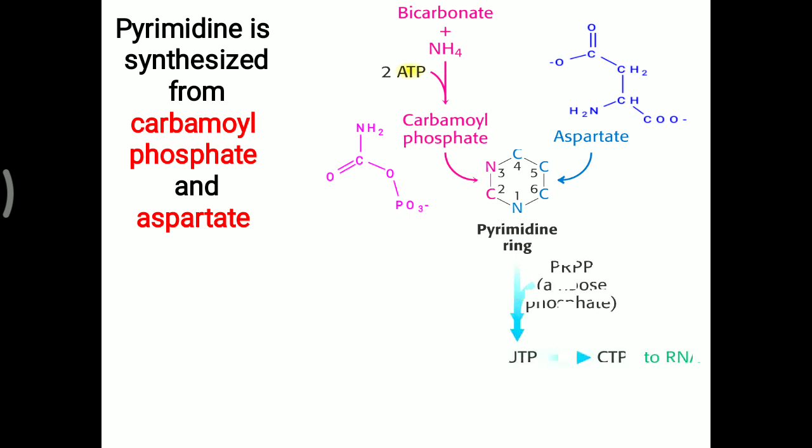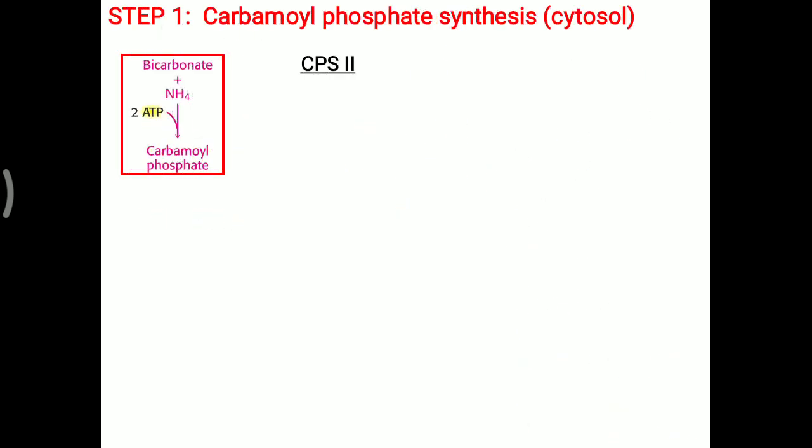Now this pyrimidine will combine with the PRPP. What is that PRPP? That is phosphoribosyl pyrophosphate, which will donate ribose 5-phosphate, and this pyrimidine ring is converted into the UTP, that is uridine triphosphate. Further, this UTP can be converted into the CTP molecule. These two are utilized for the RNA molecule or ribonucleic acid. Further, this UTP and CTP can be converted into the TMP and deoxy CTP. So these T and C both are utilized for the DNA formation. Exactly how this pyrimidine ring is formed, that we will look at, and that is called de novo synthesis.